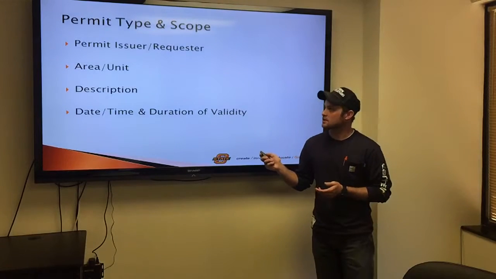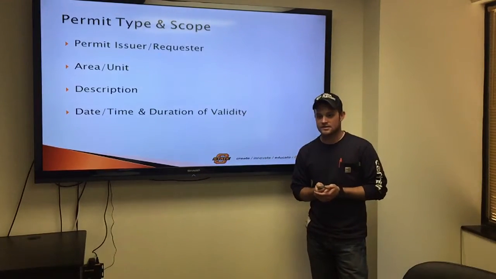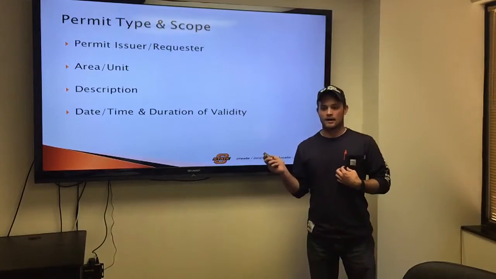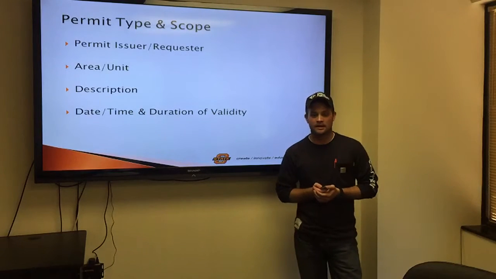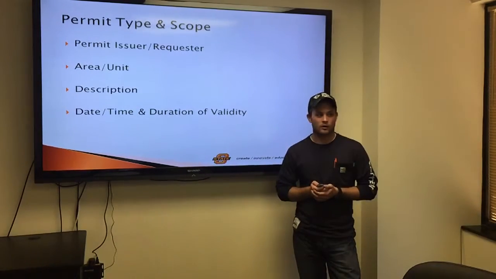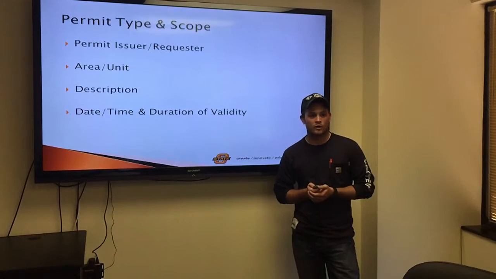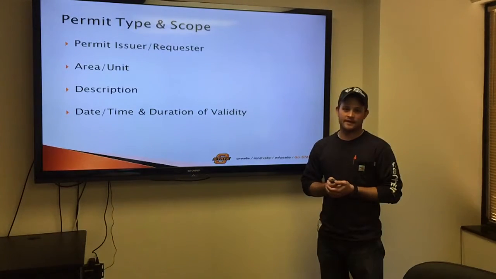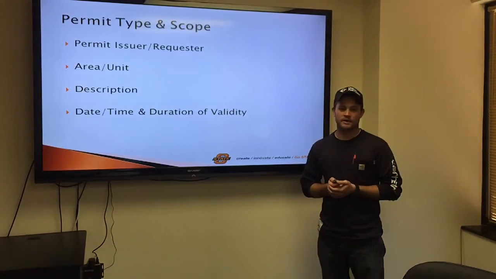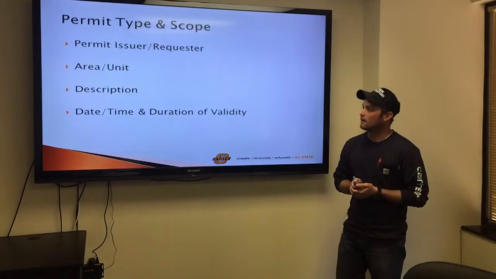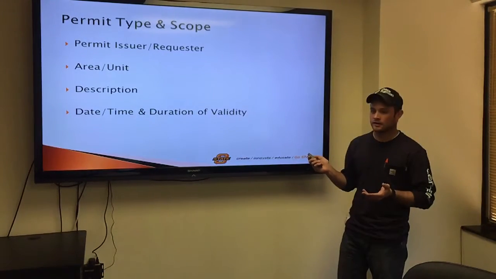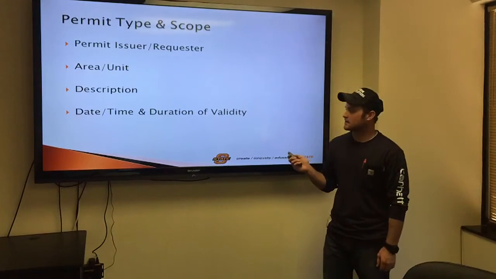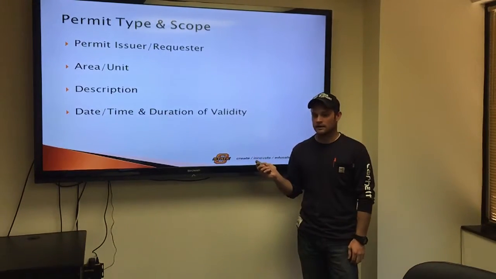So here we go. The first section is permit type and scope. So basically you're going to have the permit issuer and requester on here. The issuer is normally going to be the operator, and the requester is going to be the employee that's wanting to do the work. Normally you're going to have their name on there, their employee ID, and their company as well if they are a contractor. Area and unit of description, basically where the work is going to be done, and then the date and the time,